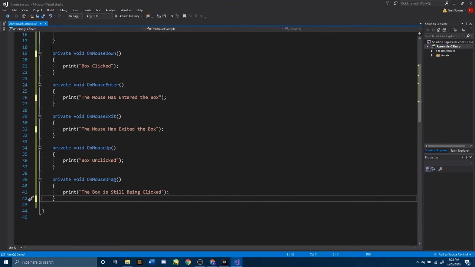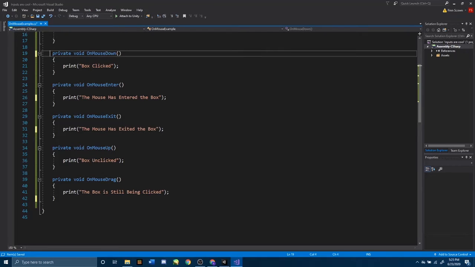We are going to click right here, right behind private. This is the start of our chunk of code that has to do with mouse detection. And I want to comment out what we have written so far, because I don't want to erase it. I want it to be there so that we can reference it, but I don't want it to be showing up right now in our scene. So let's press /